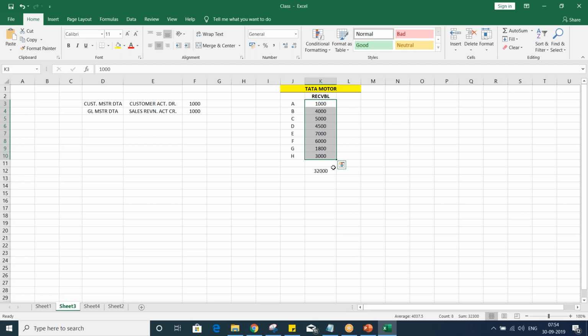If somebody is going to take the sum of every customer's balance one by one, it may take a month, or additional resources need to be deployed to count all these balances, and still there is no guarantee that it is going to be 100% accurate. So now what is happening, guys? SAP has given a solution, and solution means what? Whenever we set up the customer master,